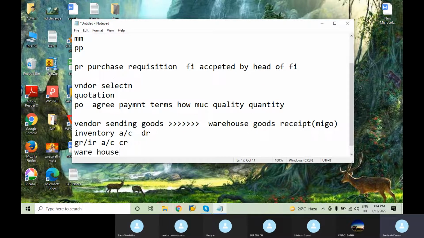Once this is done, the stock is sent inside the warehouse. After this, the vendor will also be sending the invoice, where the entry is